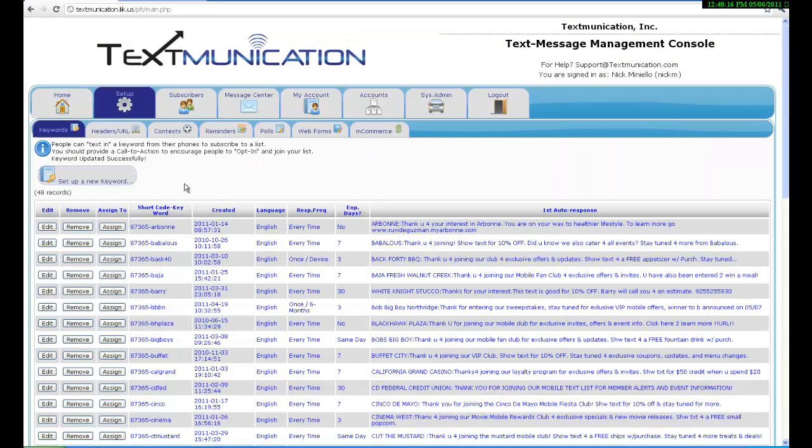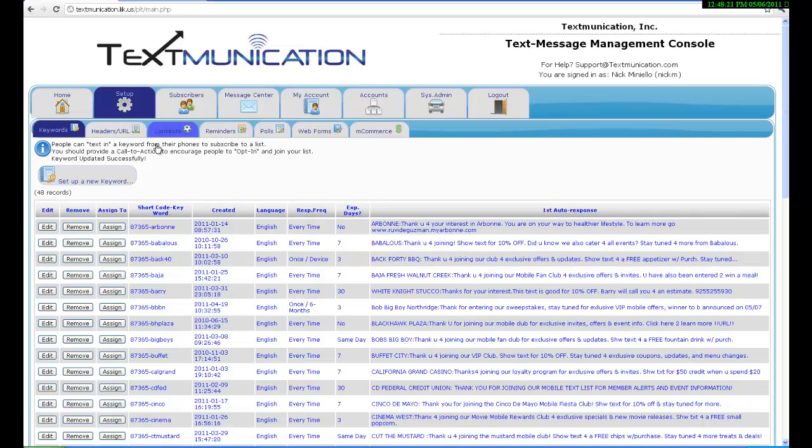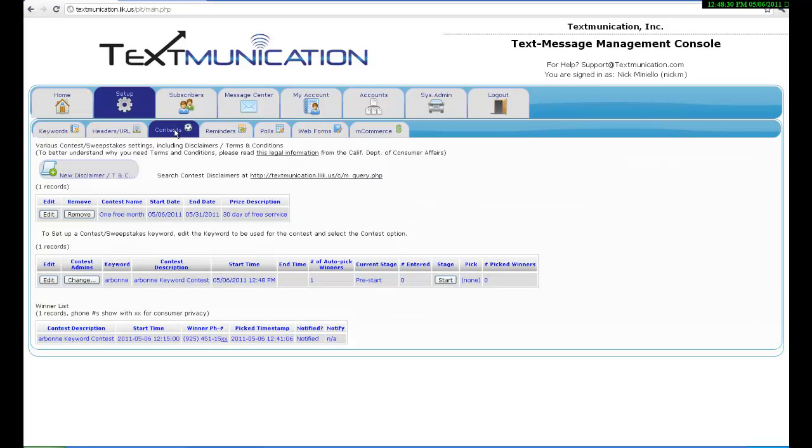Once saved and that keyword is enabled and active, you now must set up your contest underneath the contest tab, which I'm highlighting now. After clicking on the contest tab, you will now come to the contest setup portion, and the first thing we must do is set up your disclaimer and terms and conditions. This legally protects you and discloses your contest terms and conditions on our website for contest participants and customers to review if necessary. You simply do this by clicking on the new disclaimer button,